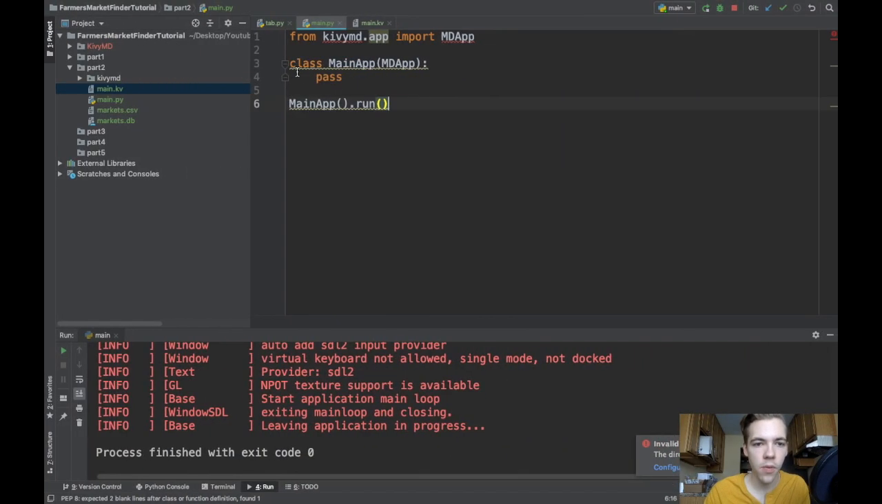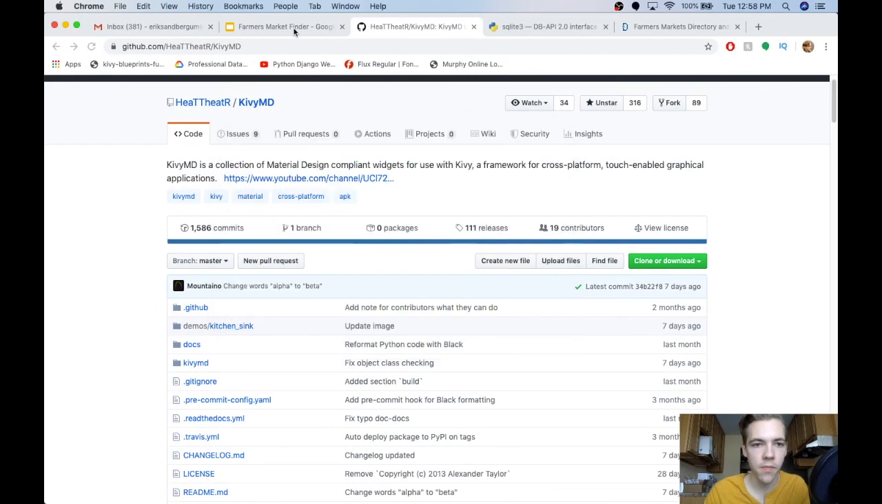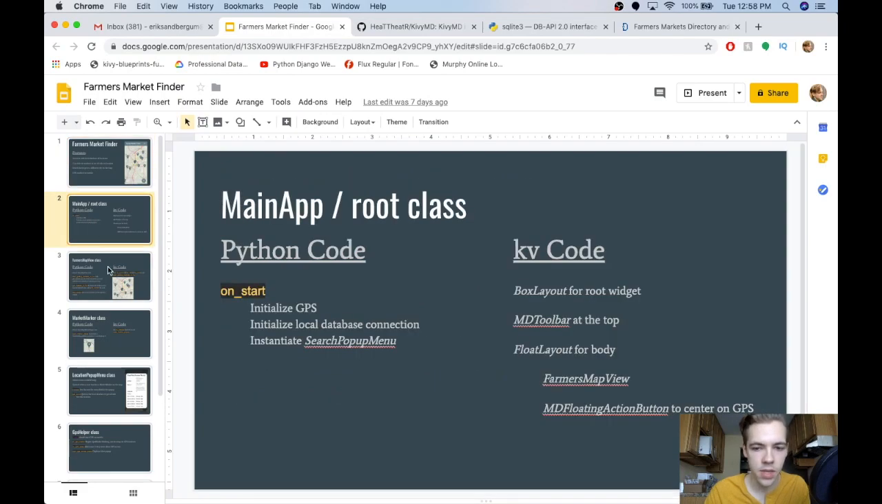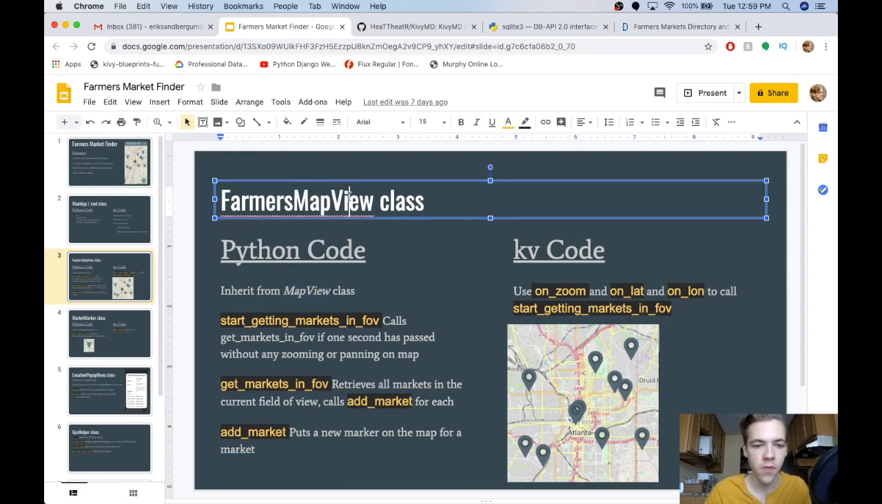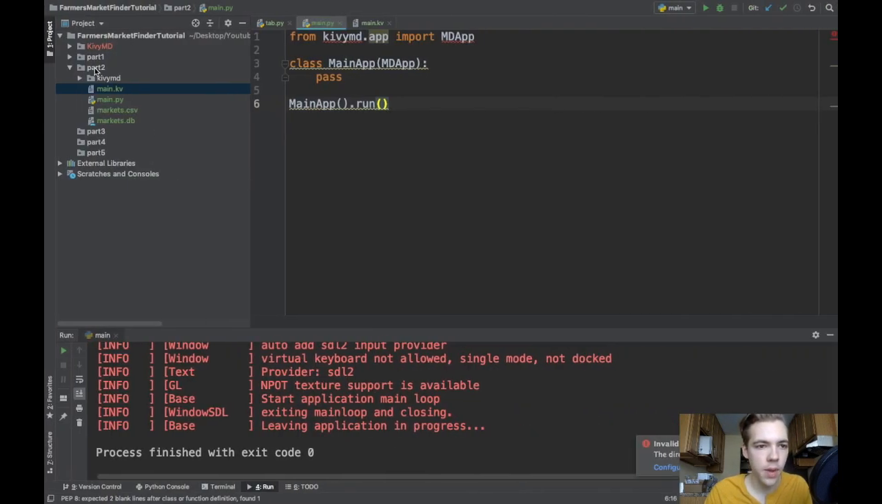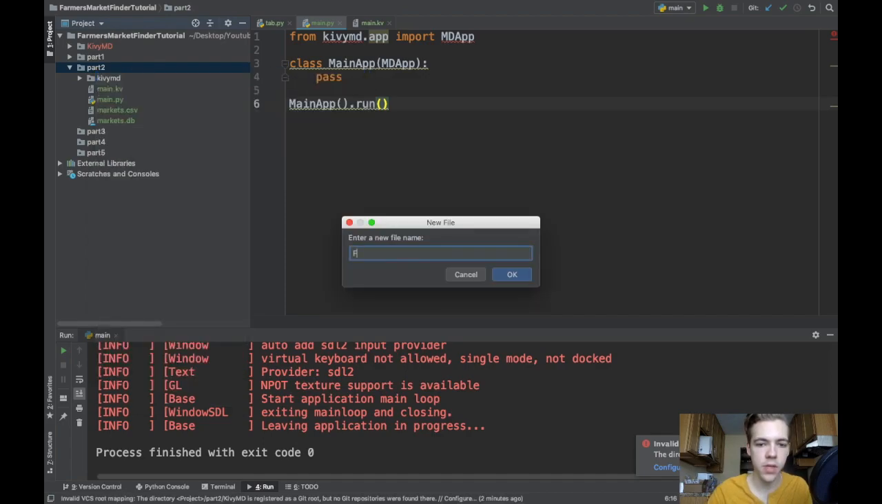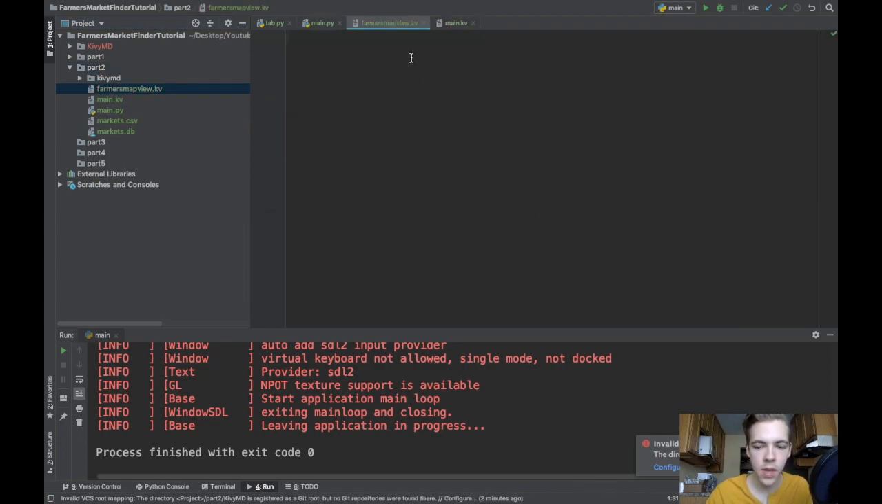Okay. Now I want to put in my map view. Since I'm going to do some customizing of the map view, remember if I go back here, I want to have this FarmersMapView, which is a subclass of the MapView, right? So I'm going to create a new file for the FarmersMapView. Actually, a new Python and Kv file. So I'll say farmersmapview.kv, and in here I'm going to import the MapView widget from kivy.garden.mapview.mapview. This is the one I just installed at the start of the video,